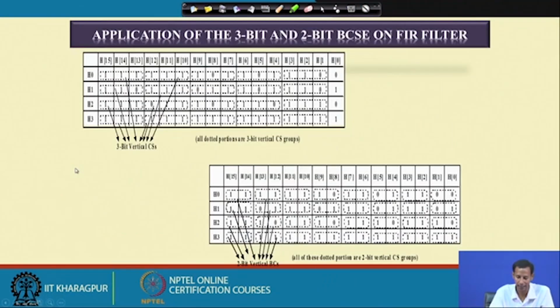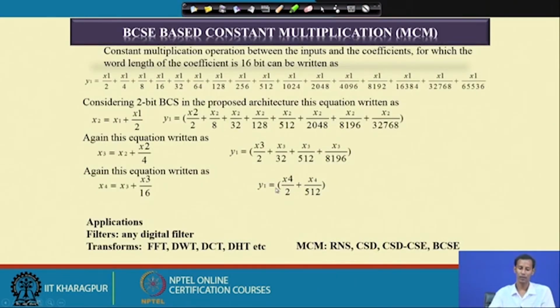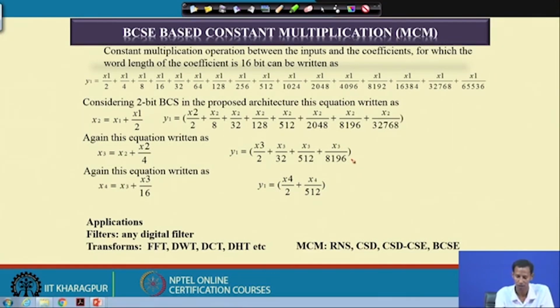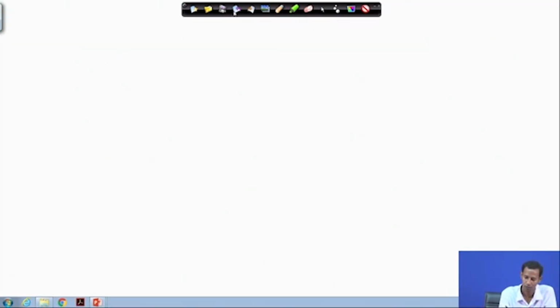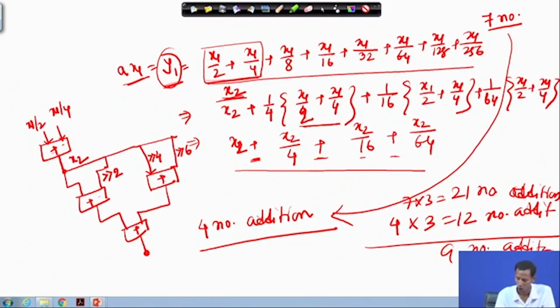How can I now, what is happening? Now, the thing is that I require, for this, 12 number of addition operations, right. So, can I reduce this number more? Can I reduce it? Yes, I can reduce it. How can I reduce it? Then